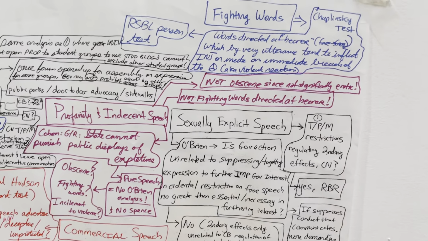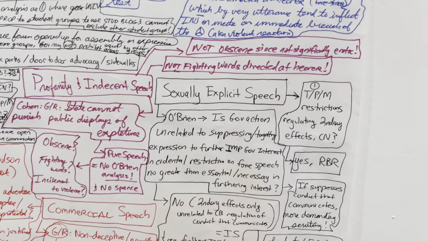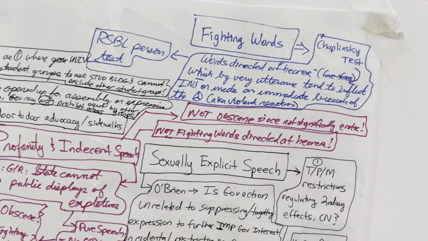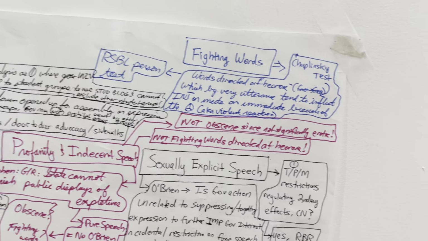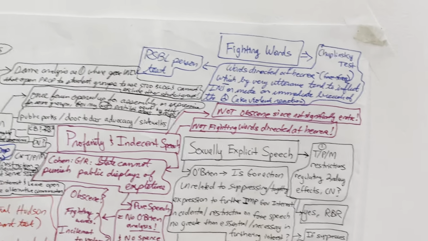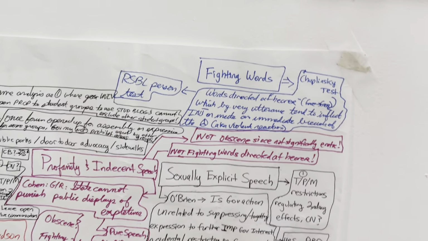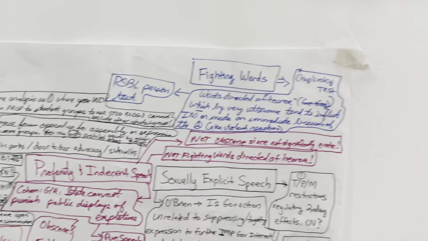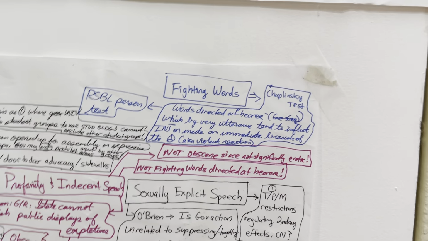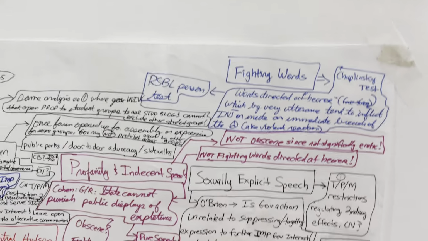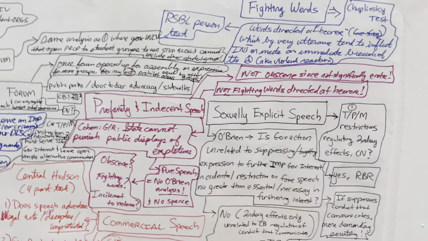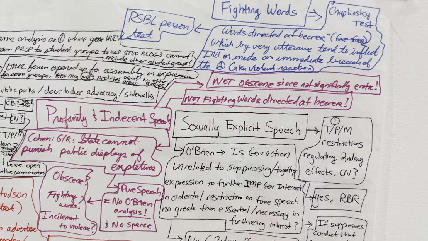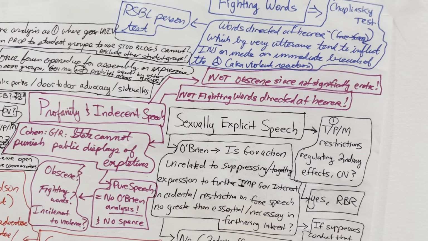Remember, under sexually explicit speech, we look to time, place, manner restrictions regulating secondary effects. Are they content neutral? Are they narrowly tailored? Advancing some sort of substantial interests? Are they not overbroad? Are they not vague? Do they leave open alternative ample channels of communication? We talked about that, advancing the substantial interest. And is it more effective than no regulation at all, but not necessarily the least restrictive? If that is so, then here we can apply the lower standard. Rational basis review is a way to think about it.